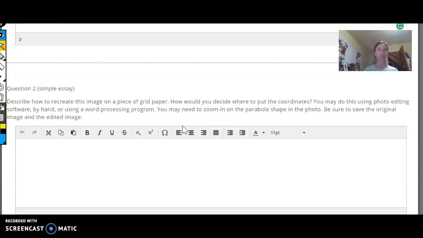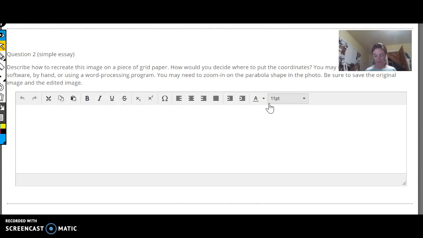And second question, describe how to recreate this image on a piece of grid paper. So in my research, I found out that the St. Louis arch is 630 feet from post to post and 630 feet tall. So that kind of makes an interesting study for us. And if I were to do that on a grid, there's a couple ways to do it, but I think the one that kind of resonates the easiest with me